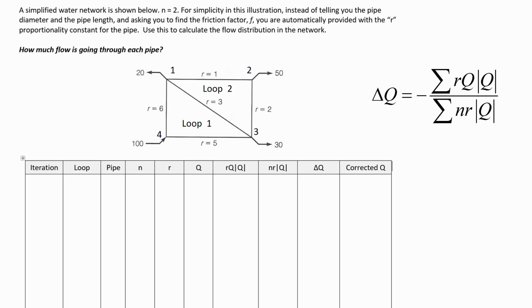So, okay, the N value for each of these is just going to be 2. That's what we're using, the Darcy-Weisbach equation. So N is 2 for all 3 of those pipes. The R values are given on the screen here already. Usually you'll have to calculate the R value using the method that we've already just talked about. It would depend on what the pipe is made of, its diameter, etc. Okay? So our R values, we've got an R value of 3 for pipe 1-3, 6 for pipe 1-4, and